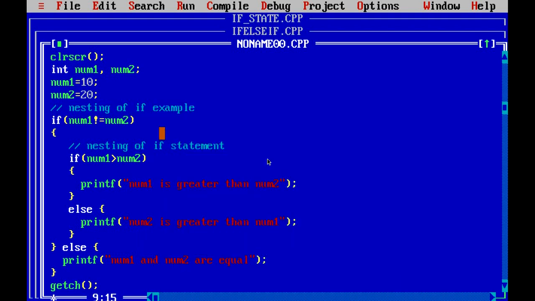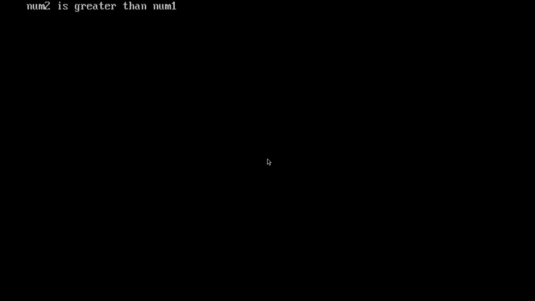So right now we have given the value num1 is 10 and num2 is 20, so it will print num2 is greater than num1.